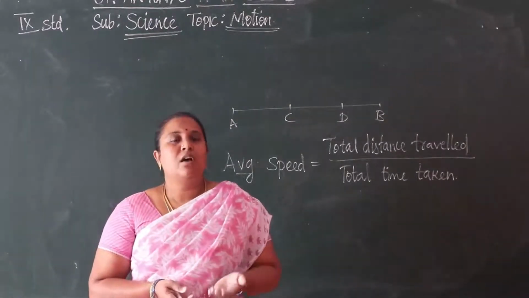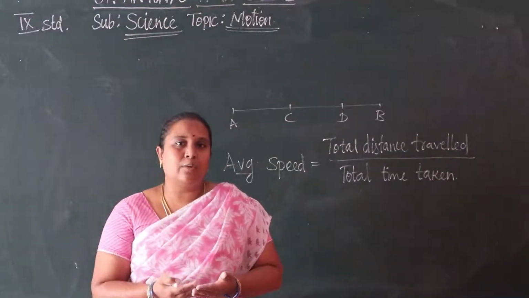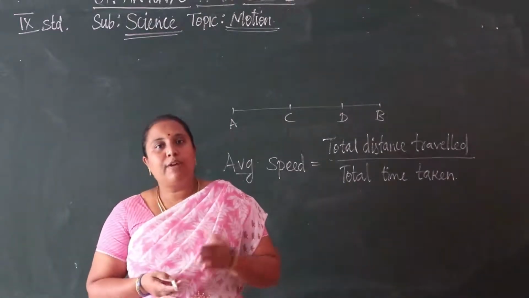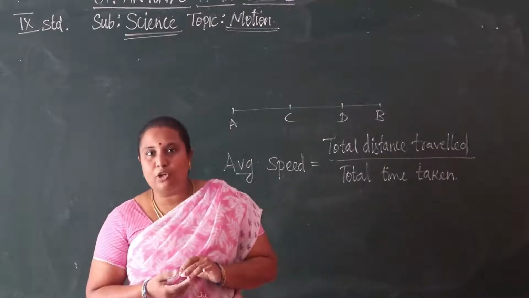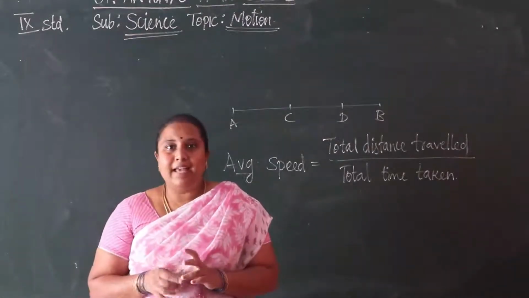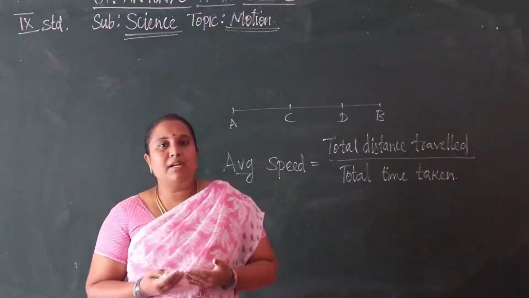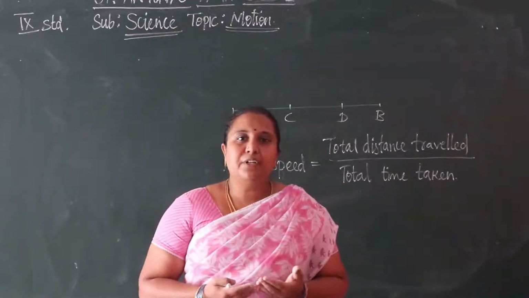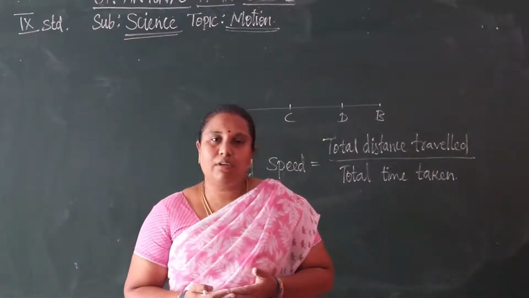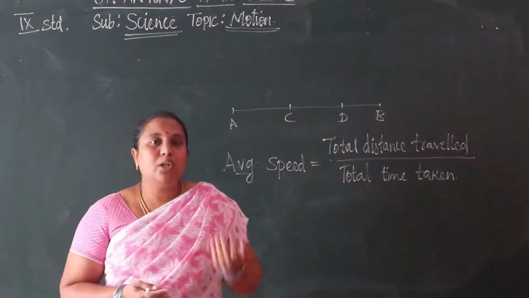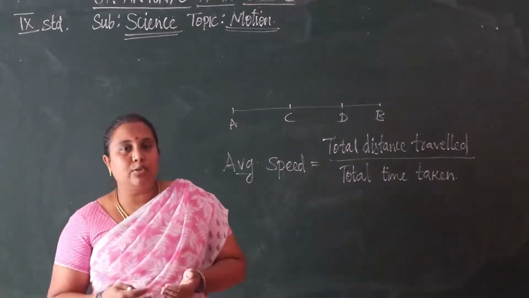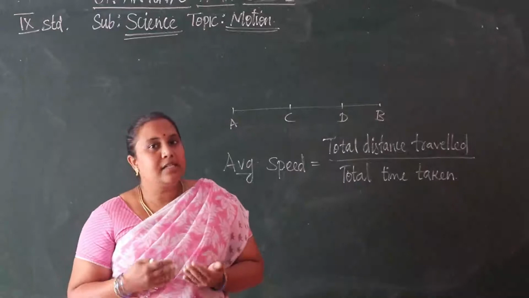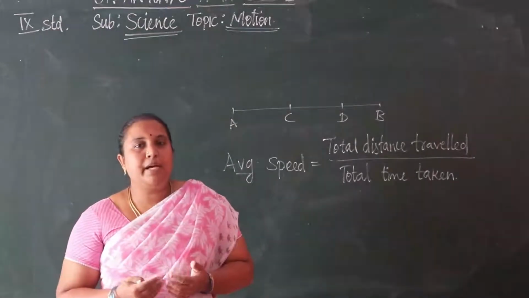So 8 kilometers, or 6 kilometers, 5 kilometers, like that. Here also we can mention in kilometers only, no? From Kurbrali to Majestic we have nearly 8 kilometers. I can't say exactly, so we can say approximately 8 kilometers, or otherwise we can mention 8,000 meters. But we can't calculate in kilometers. Why? Because our SI unit is meter per second.